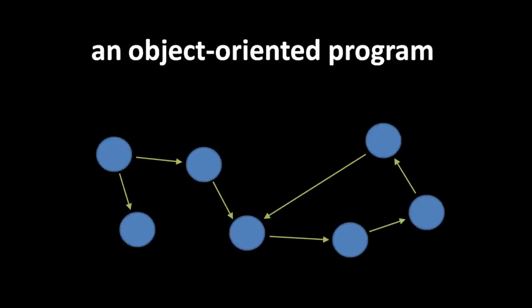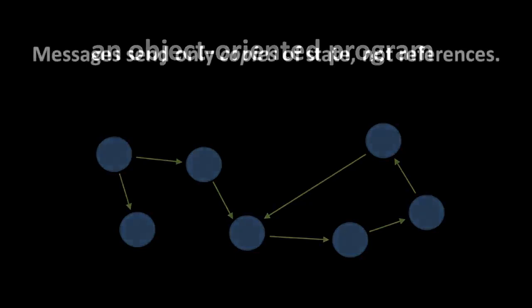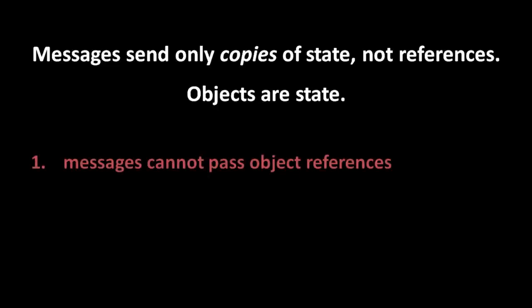Many people today forget, though, that the original conception of a message is not exactly synonymous with just a method call. Yes, in practice it means calling methods, but a message, strictly speaking, sends only copies of state. It doesn't send references. A message sends and returns information about state, not state itself. And, well, wait a minute, objects themselves are state. And this has some interesting consequences. It means that, strictly speaking, messages cannot pass around object references. I've never seen a Java or C# codebase that ever follows this rule. Perhaps some Smalltalk programs have, but in general, this rule is not observed at all,